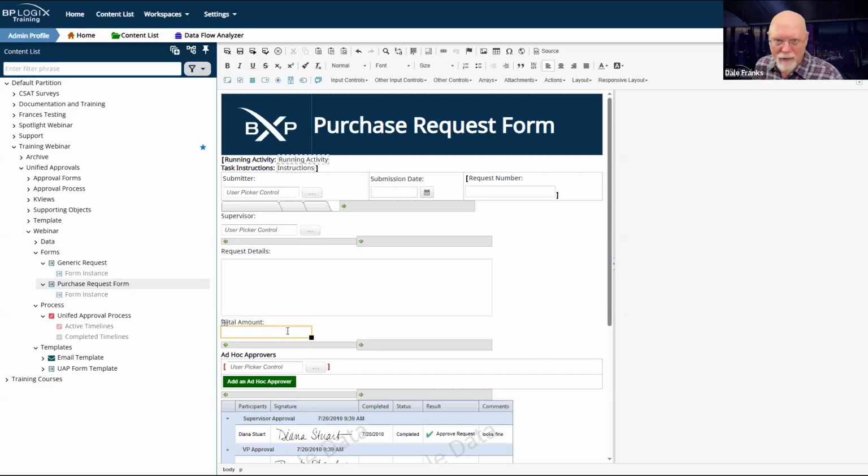Am I going to have a total amount field for HR processes? Actually, I might. Let's say I break something that I have to pay for. Is that an HR thing? Probably not. That's probably an accounting thing too. I broke a piece of equipment. I dropped my computer. Now I have to pay for it. Accounting is probably going to handle that. Facilities, am I going to have a total amount? No. Can't think of anything in IT where I have to worry about total amount. Anything with total amount is going to be accounting. So my accounting forms are probably going to have a total amount field on them. None of my other forms are.